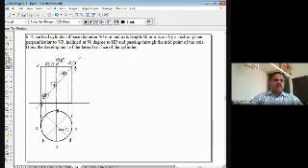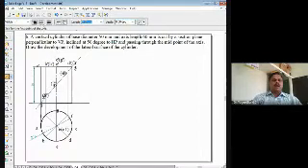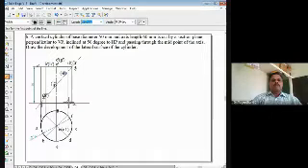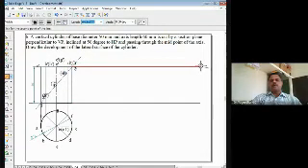Now we have to go for drawing the isometric projection. Sorry, this one, that is development, right? We have to draw the development of this cylinder. For drawing the development of the cylinder, we are making use of the parallel development method. So I'll choose the thin lines only from various endpoints, right? I will draw the horizontal lines like this. From here also, I will draw the horizontal lines. Wherever those endpoints are there, I will draw. Now one vertical line I will draw here. From here, I will draw the vertical line.